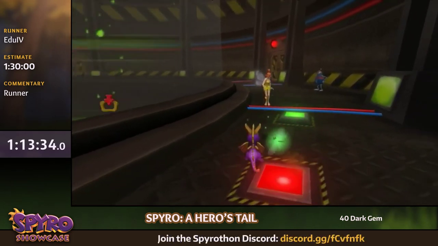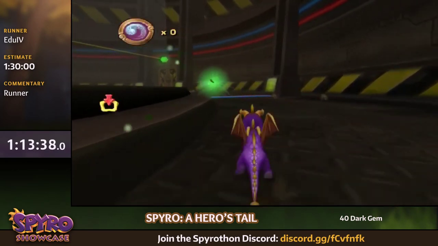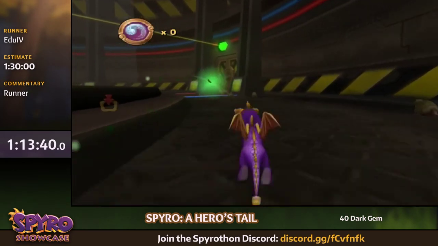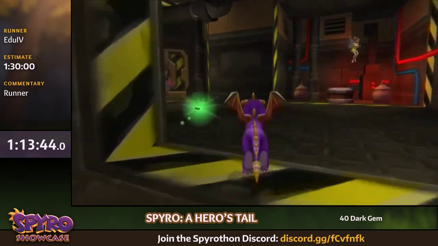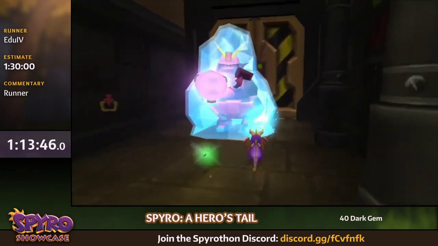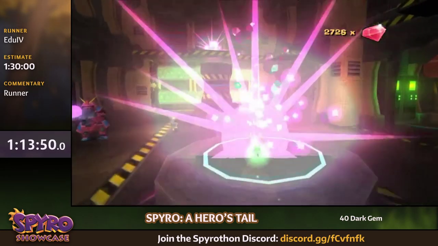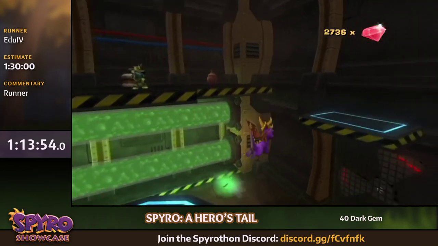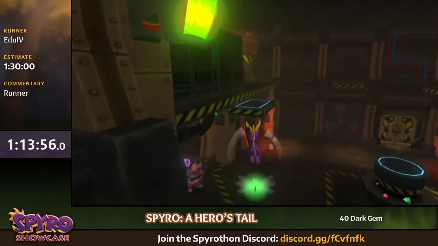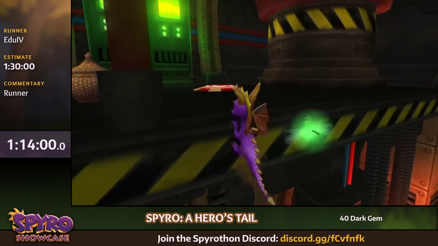You have to hit those switches to activate these doors. The green ones are active and the red ones are inactive. Which is kinda logical, I guess. Where do I go here? Yeah. These platforms suck. Okay, good. Wait, am I gonna... yeah. Some of these... that was weird. Some of these jumps are...